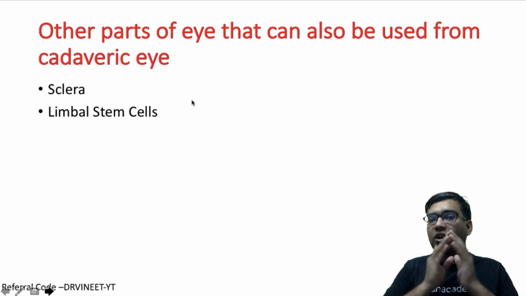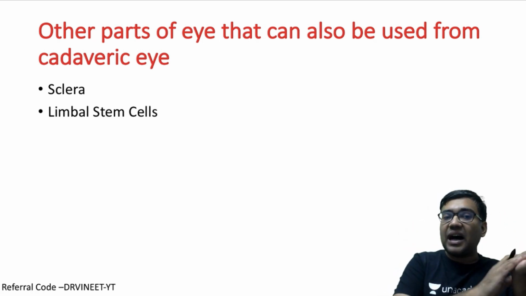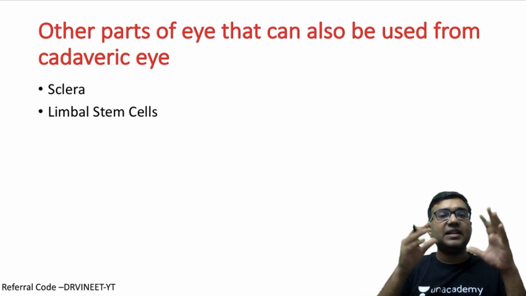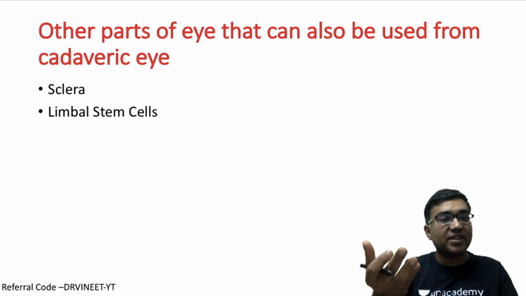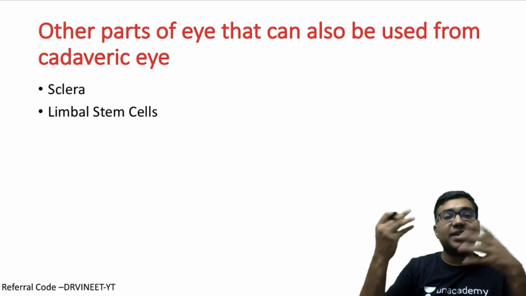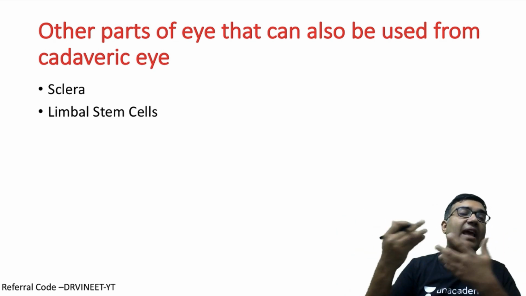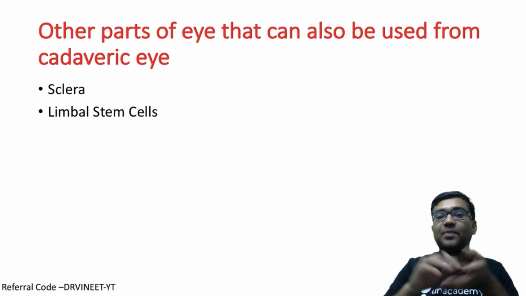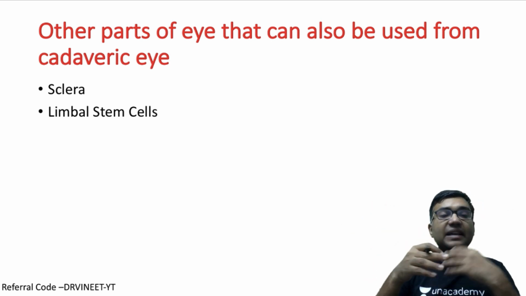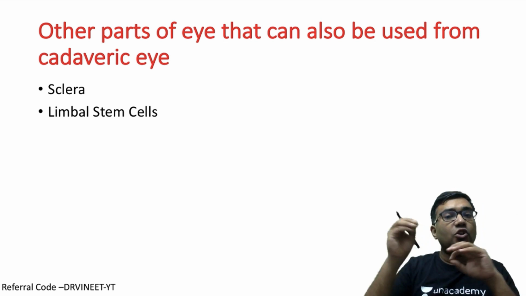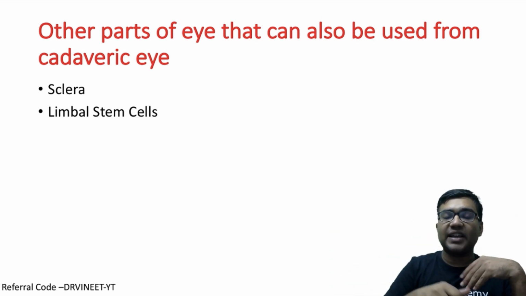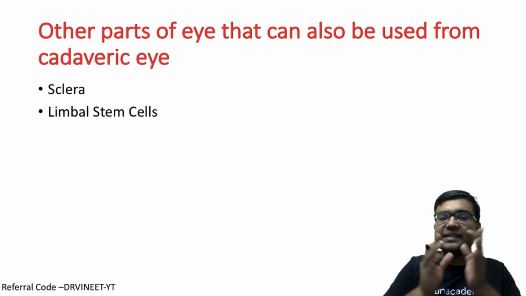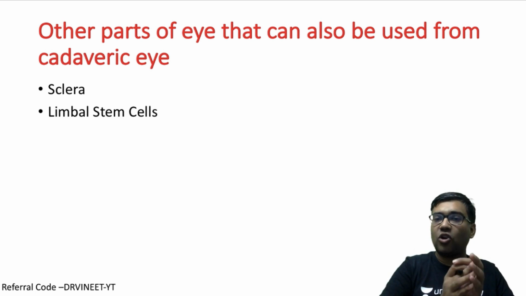So not only the cornea can be transplanted from the eye, the sclera can also be transplanted. Remember, we can use sclera when there is, let's say, scleral melting. You may have a staphyloma or even in some drainage devices that we use, let's say Ahmed glaucoma valve, here to cover the plate, there also we can use sclera. Then, as you know, in chemical injury, there can be limbus stem cell deficiency. So this limbus stem cells can be also taken from the cadaveric eye and then it can be transplanted. Okay, so these are some important points regarding the corneal transplant.